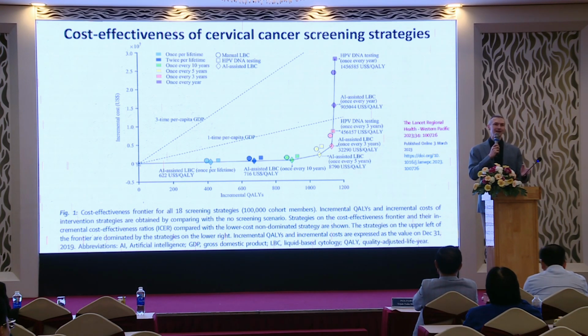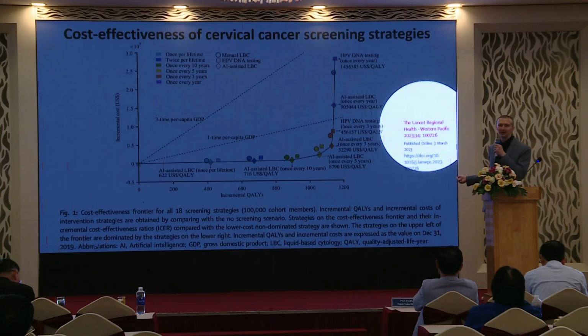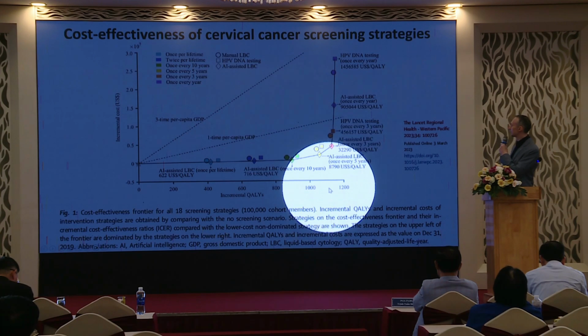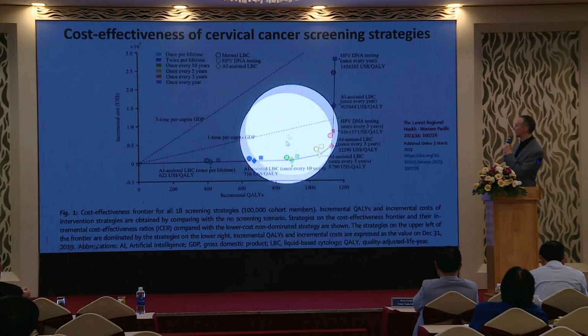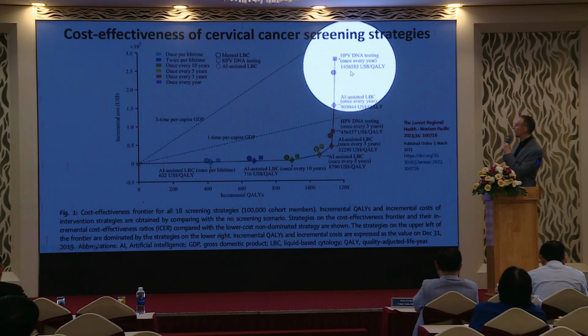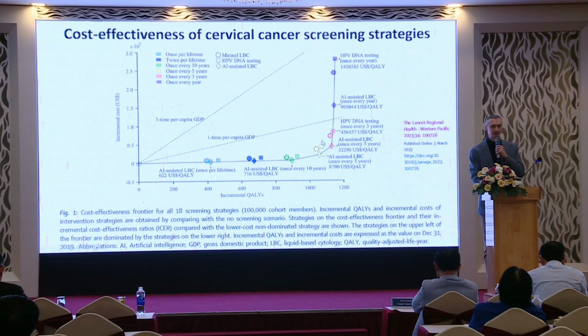But either way, this comes back to your next question: what is molecular testing versus AI? And I think actually this is what I aimed to show here. Maybe I didn't explain it properly, but this is a kind of prediction or calculation from the public health perspective. You see, you approach almost the same very good result in quality adjusted life years with AI as with molecular testing, but at a completely different cost. So this is very cost efficient.